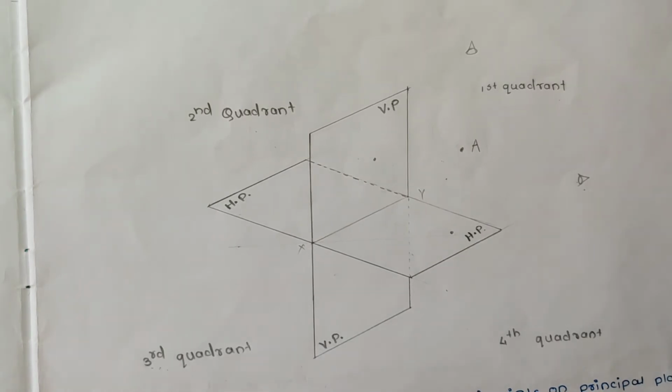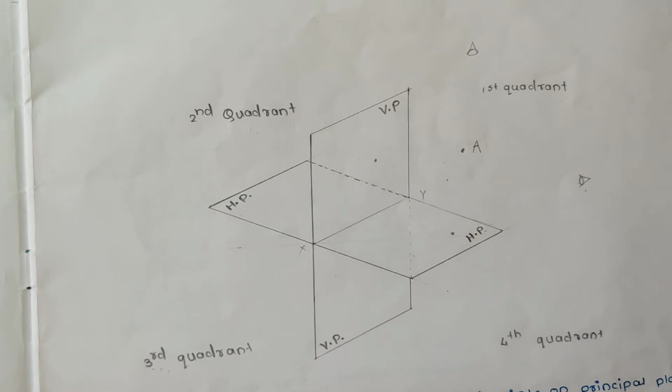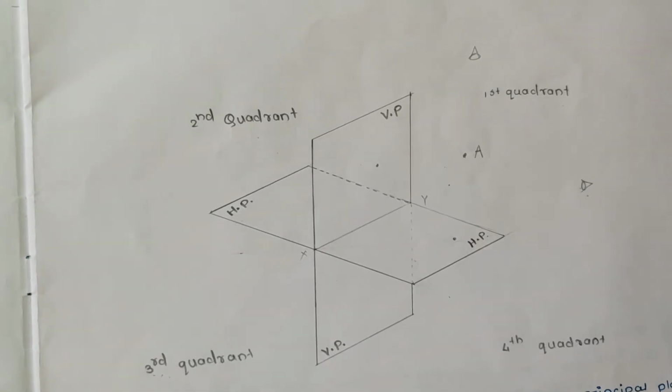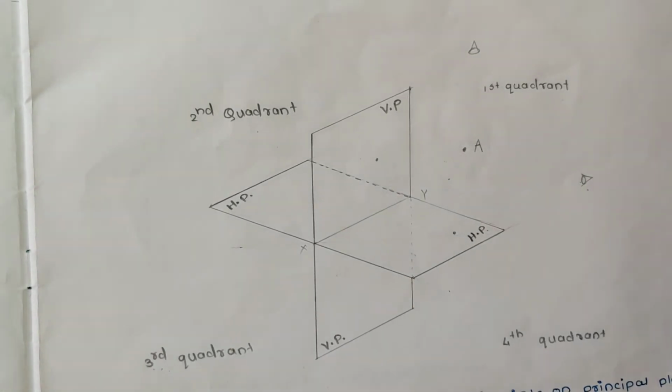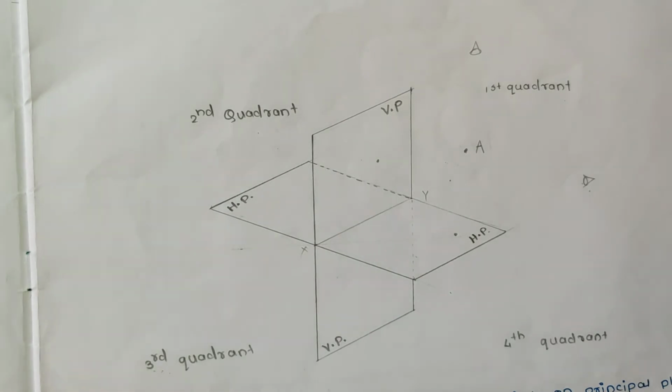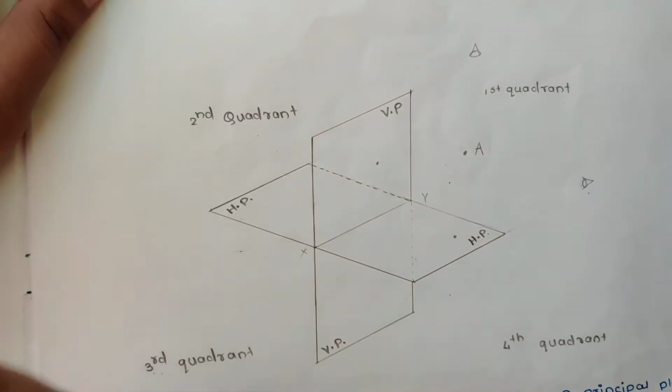Then why is engineering drawing necessary? The main purpose, in industrial engineering, is to give the ability and to develop the skill in reading and drawing the components of a machine. So this is the basic information. We are going to proceed further, that is, projection of point.